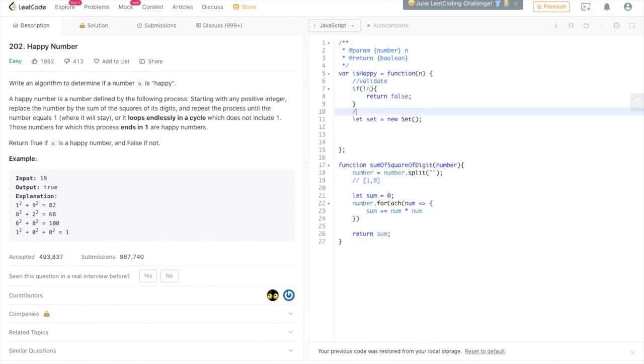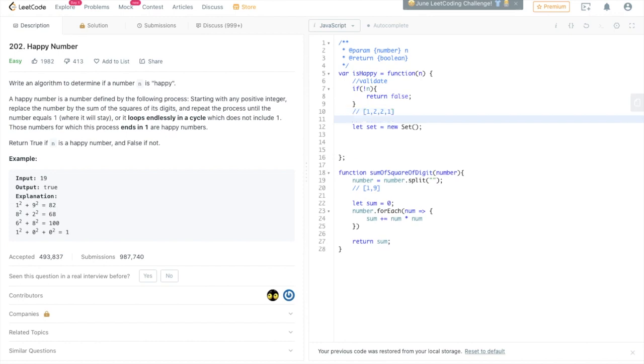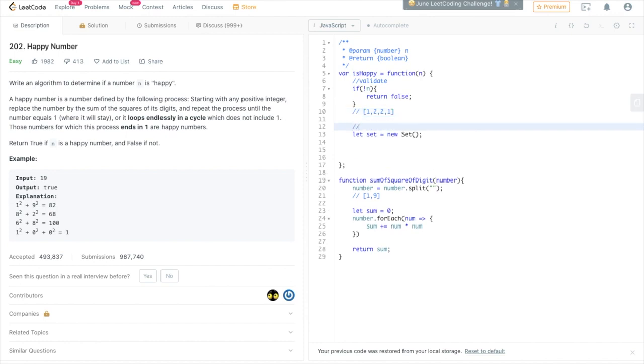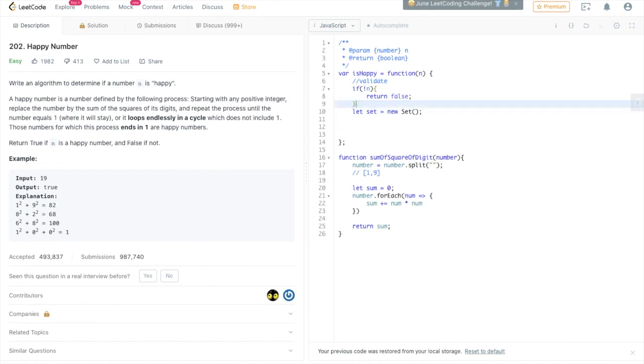For example, in an array we can store duplicate elements, but in a set we can't store duplicate elements. So a set will always contain unique elements. Okay, so I'm using this set this way, and then